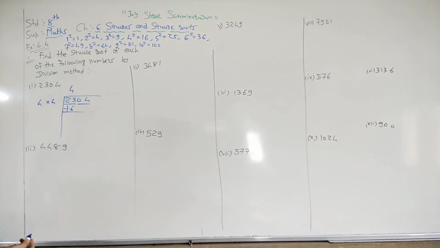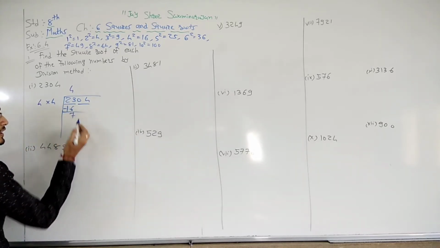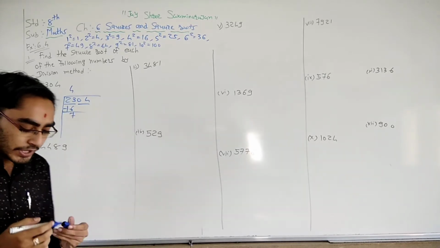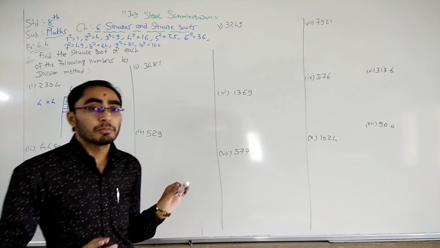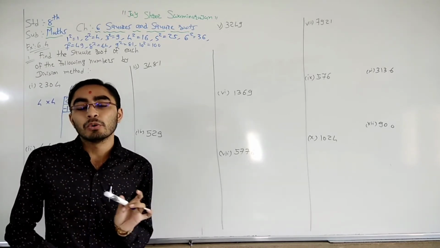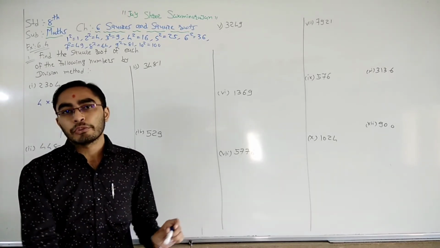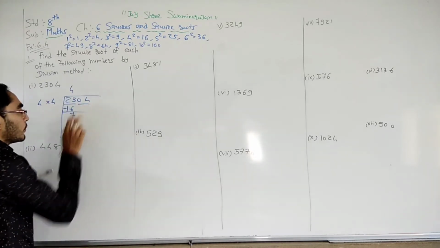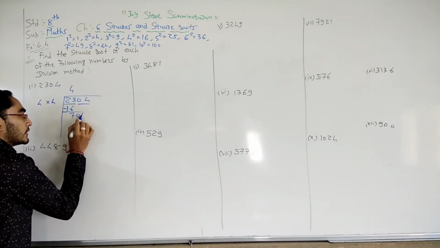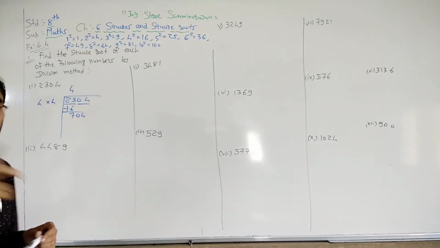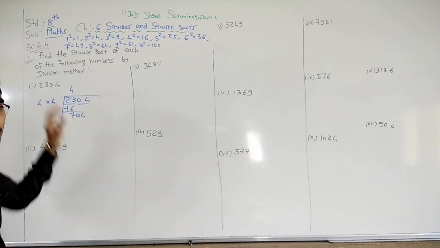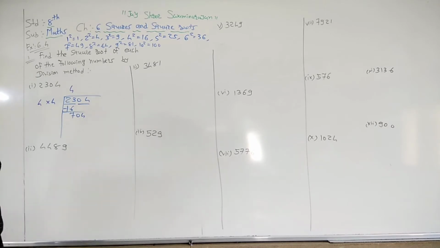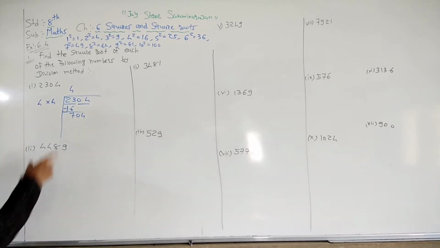23 minus 16 is 7. In the actual division process, every time one digit comes down, but here the whole pair comes down. That means this 04 now comes here. It becomes 704. In division only one digit came, but in long division two digits came here. So 704. Now what do we need to do?